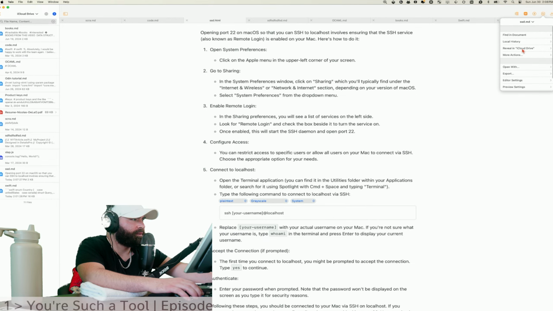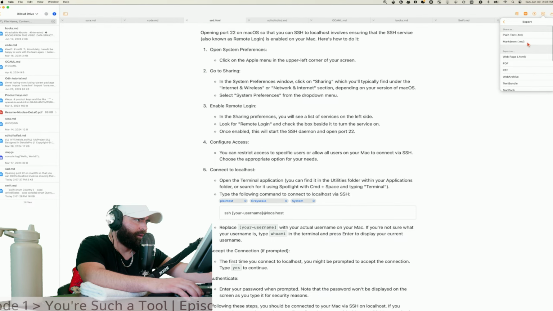And then a couple more actions. You can find the actual file in iCloud, which is not anything novel really. But you can share directly, export. So, okay, this is a big deal. So share as, you got your Markdown, which I think is the main thing, because you can use Pandoc, which is a free tool to take Markdown to any target, basically.